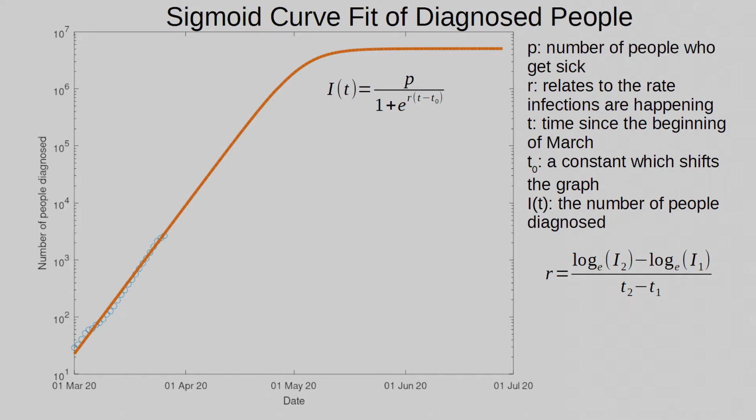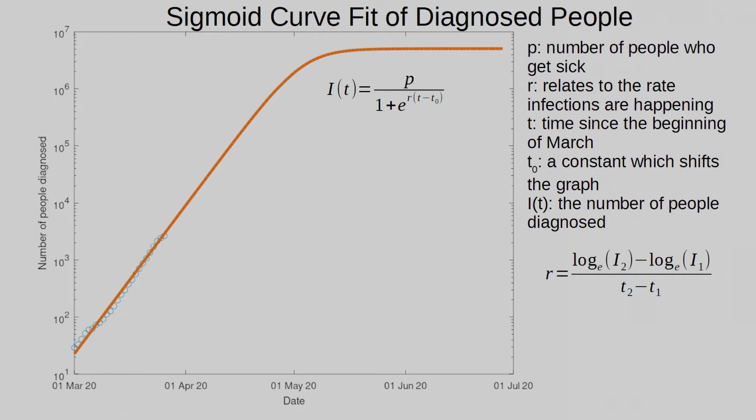All I did is I fitted a sigmoid, which is an exponential at the beginning and it flattens out after a particular time. The circles you can see on the graph there are the real data points, which I took from Wikipedia. The curve is the curve fit. I fitted this curve using least squares regression, but you could also get a reasonably good idea of how it's going to behave by taking the log of today's cases minus the log of yesterday's cases and then dividing by the difference in the days, which would just be 1.